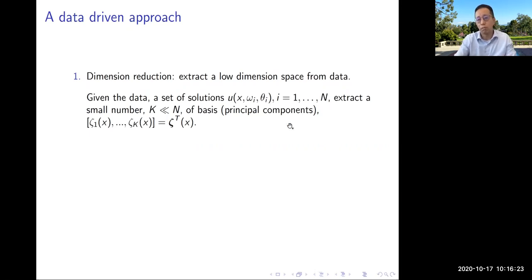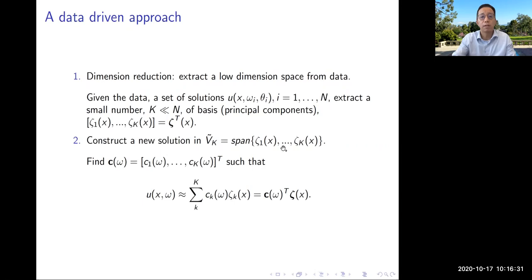So the random space you project onto doesn't have to be much larger than the leading ones you want to find. Once you have that, for every new solution, you just try to find it. So this is a solution, the basis you extract out, and the problem reduces to finding these coefficients. When there's a new omega, you try to find what is C_k(omega).